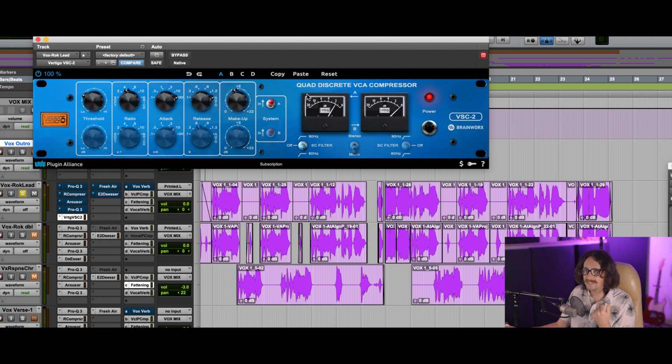All right, now let's bypass it in and out, because that's how you set a compressor. You have to turn the threshold really low, compress the crap out of it so you can hear the effects of it with the attack and the release, and then you want to mess around with the attack and the release. And I'll show you on the next compressor, so stick around and